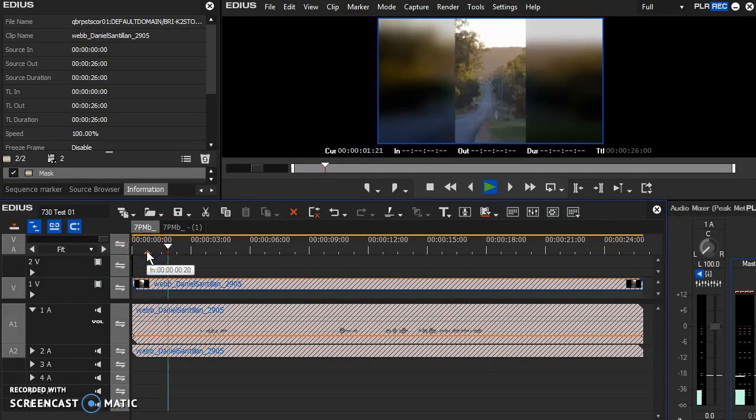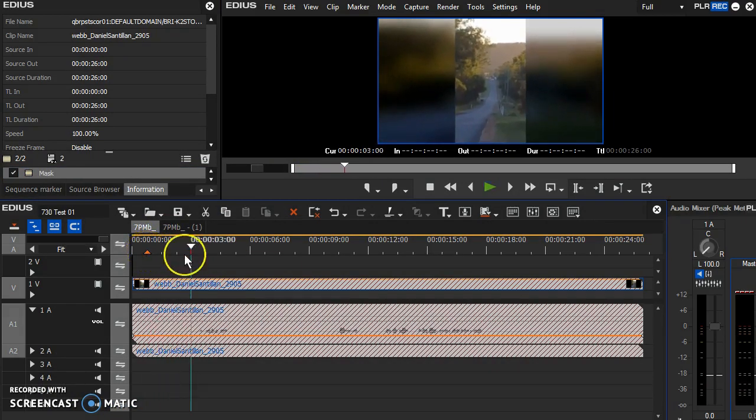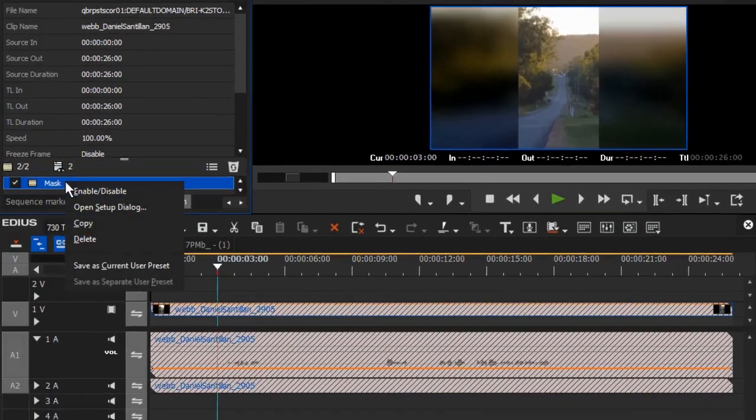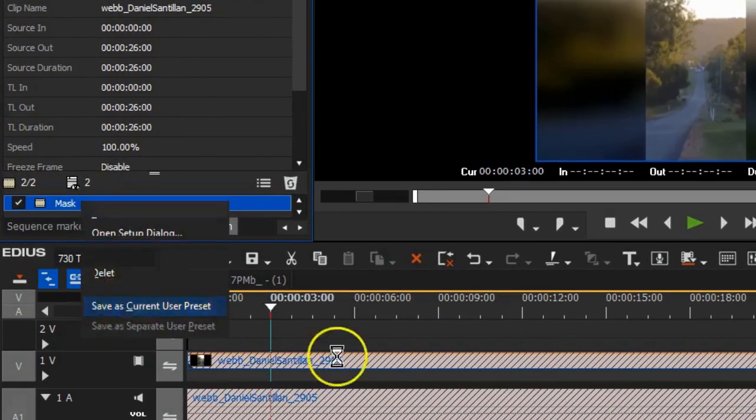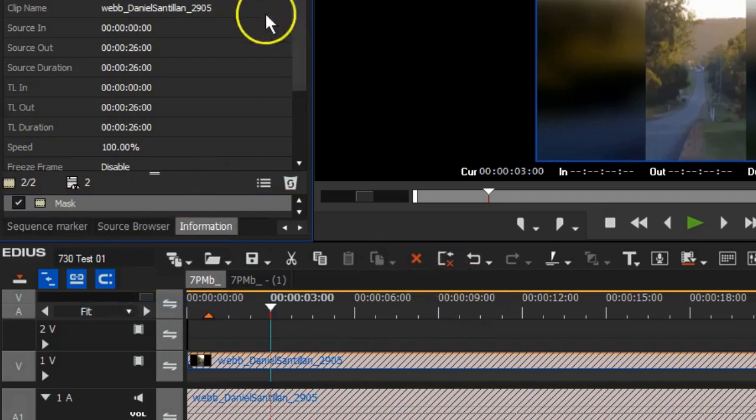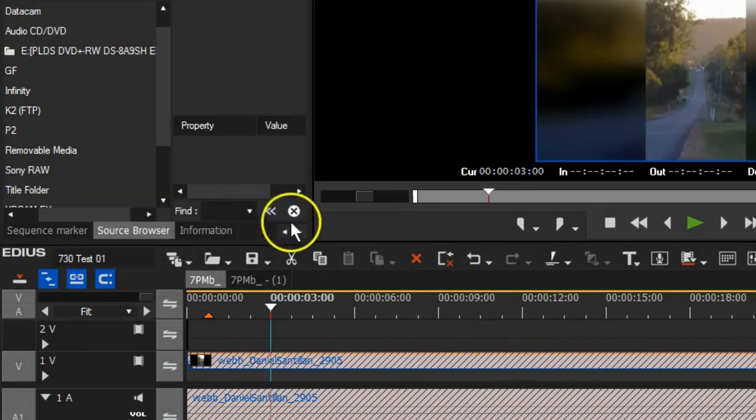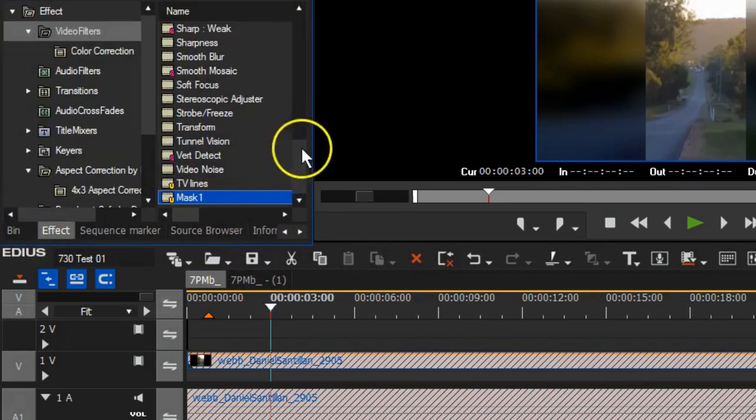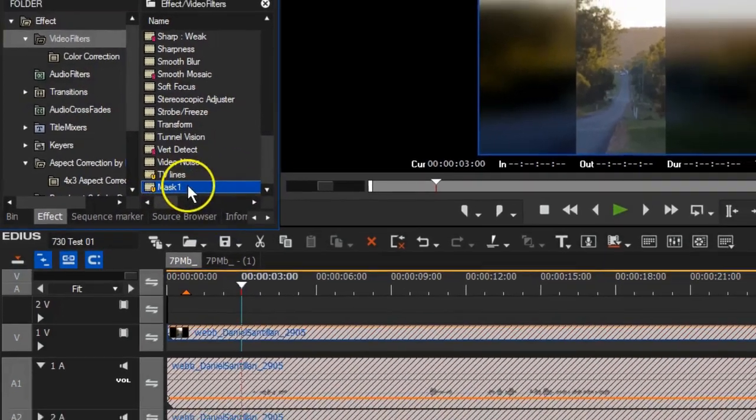vertical video correction with a widescreen effect. By using this single drop-on effect, we don't need to stack up lots of tracks. All we have to do is save this effect by clicking on it, right mouse clicking, and say save as current. Go back to our effects bin, and we look down the bottom of our video filters folder, and we'll see mask 1. We can rename that to